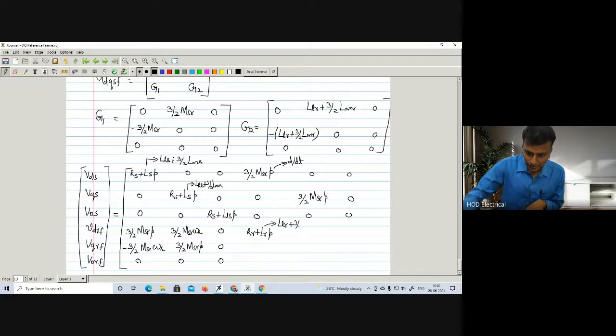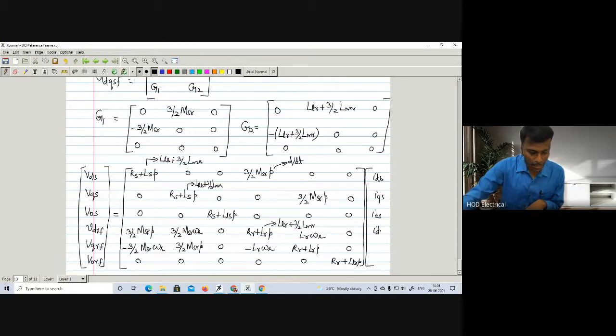LLR plus 3 by 2 LMR, then LR into omega R, 0, minus LR into omega R, RR plus LR into P, then 0, 0, 0, RR plus LLR into P, the whole into the matrix of I DS, I QS, I naught S,